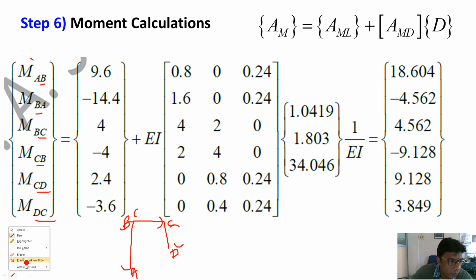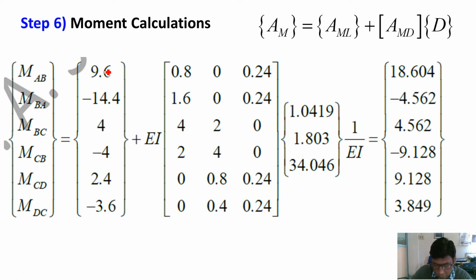Now the values of these unknown moments in the restraint structure, the fixed moments. If you look at the figure of the restraint structure in step number 2, MAB is 9.6 anti-clockwise. It is clockwise 14.4 at B to A, so it is minus. MBC is 4, MCB is clockwise 4, meaning minus 4, MCD 2.4,